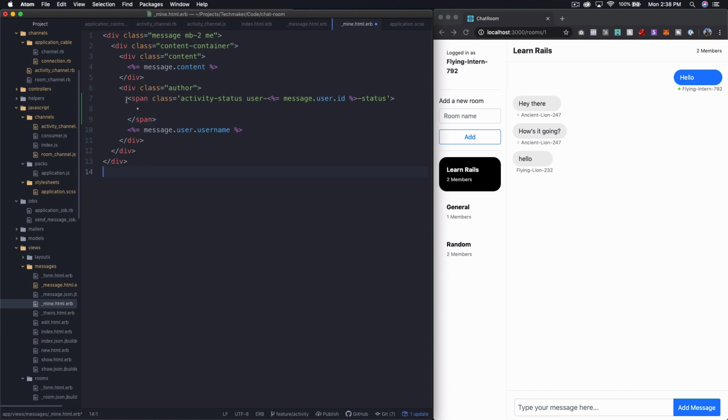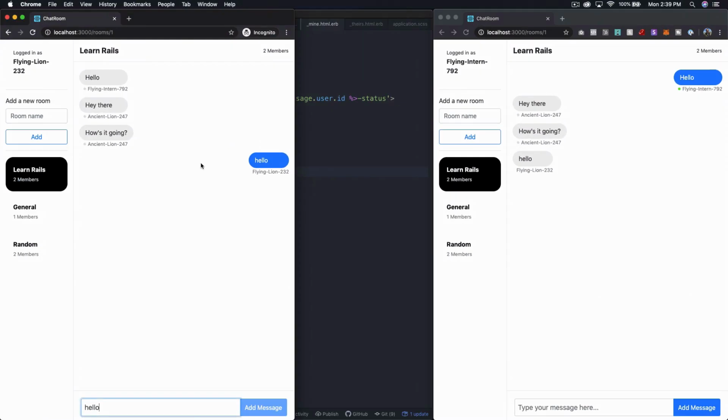Okay, so we've pasted this into the mine one. Have we pasted it into the theirs one? No, we haven't, and I did not save the mine one. Okay, so the only difference between mine and theirs is this word me, which is interesting to think about. So we're going to come back again in another episode and do some refactoring on this, and I'll show you how I might go about that. But what do we need to do now? So if we open this back up and we just refresh everything,